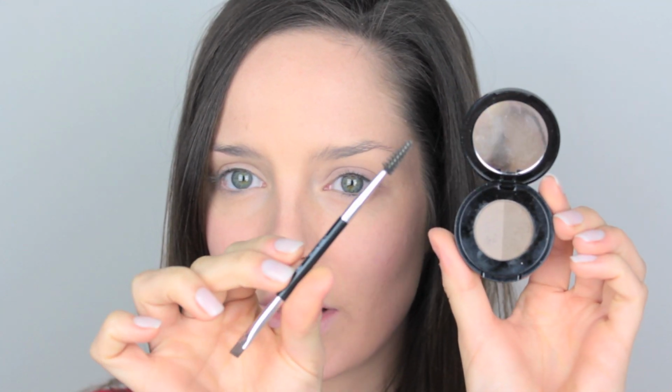Now I've decided to move on to eyebrows next. Cara's signature look is her eyebrows. She is famous for them. Now my eyebrows naturally are on the thinner side with a very obvious arch. Cara's seem to be a bit longer and thicker, so what I'm actually going to do, using a brow powder